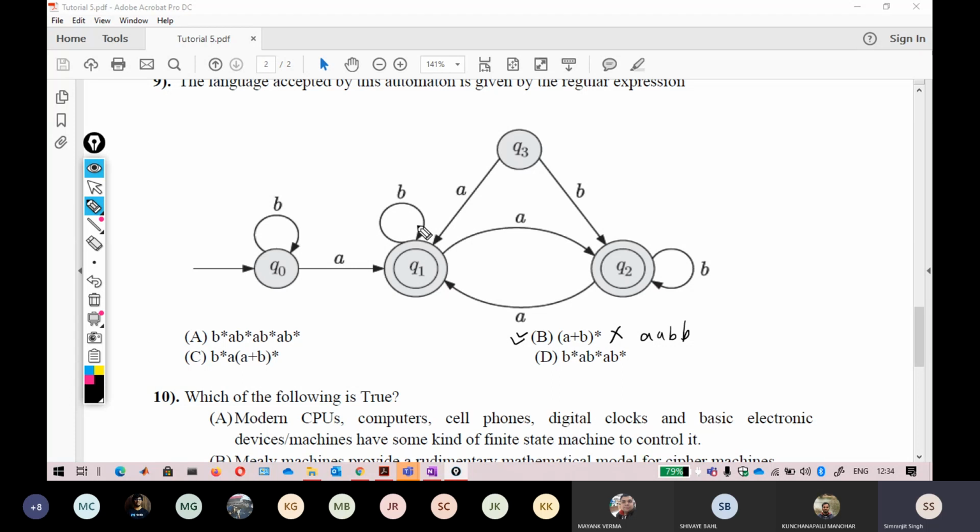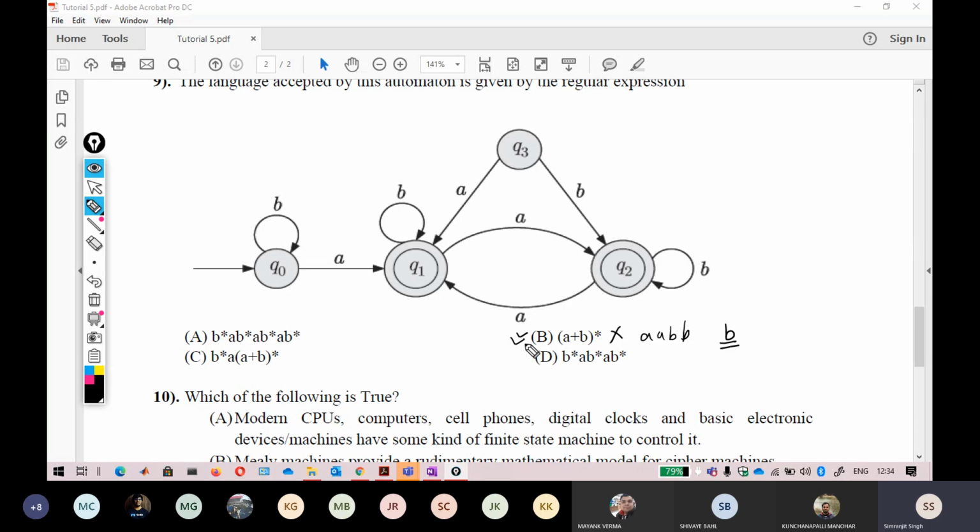Again, what string can I give it? Just let me take a look at it. Starting with B: B A B B A B B B B. Okay, so B is also a single string that should be generated by this expression, but a single B is not accepted in this one.